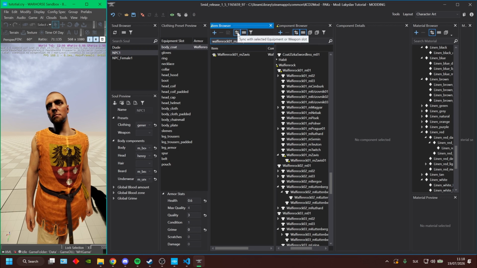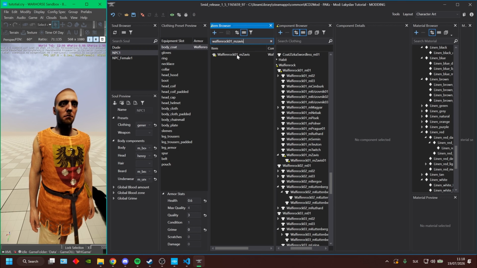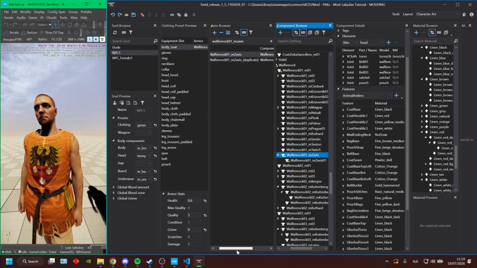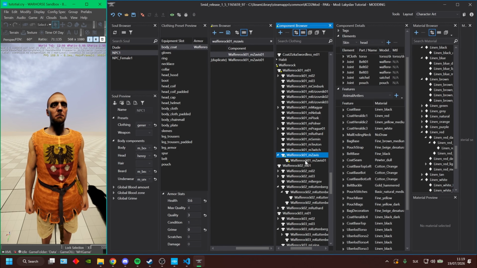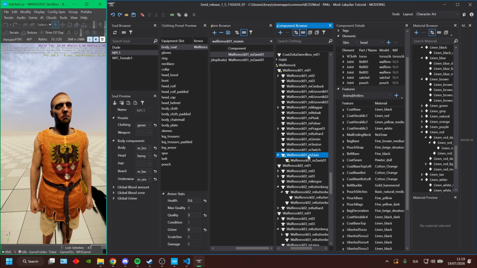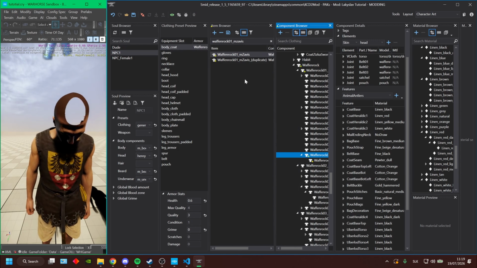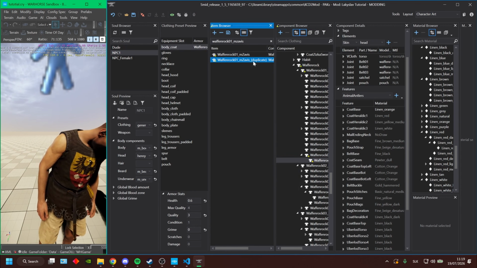We will need to uncheck this sync feature and duplicate it. We can see original item's component was changed to M Zawis 01, but we want it to be the original and the duplicate, or